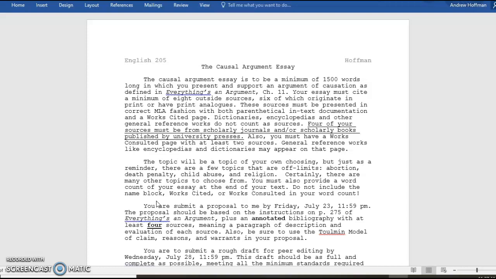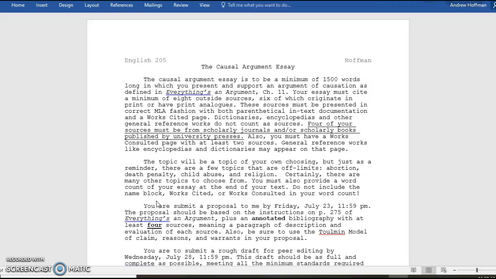The simplest way I can describe it is to look at global warming or climate change. An argument of fact says global warming is happening, or climate change is happening, if you prefer that wording. An argument of causation would say human activity is causing climate change, or you could also say climate change is going to cause environmental disruptions that will lead to disease, famine, death, and utter destruction of humanity. Something like that. Okay, but look at Chapter 11, look it over.